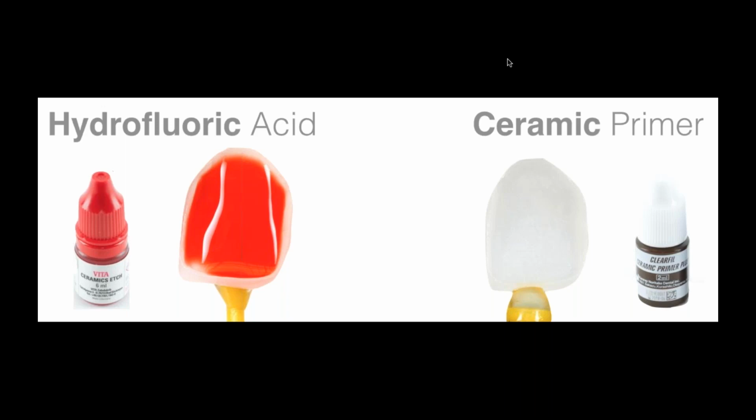Okay, so once we do the hydrofluoric acid etching, we are going to clean it very well in the ultrasonic, or we can also use phosphoric acid, which is another simple tool to clean any residues in the intaglio surface of the feldspathic ceramic when we do the hydrofluoric acid etching step. And then once we place the ceramic primer plus or the conventional xylene, that restoration cannot get wet or contaminated